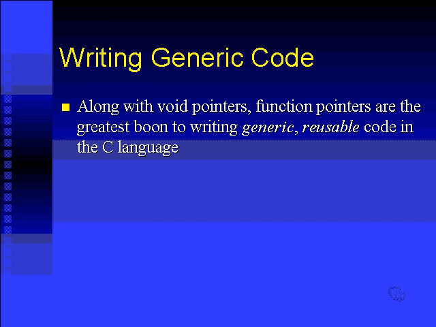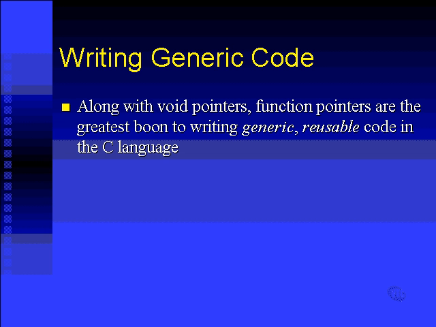Just a few quick words on writing generic code. We need two things really in the C language to write generic code. We need void pointers and we need function pointers. If you recall, the qsort library function used both. It used void pointers and a function pointer. Anyway, if we've got both of them, we can write generic reusable code, which in my book is far better